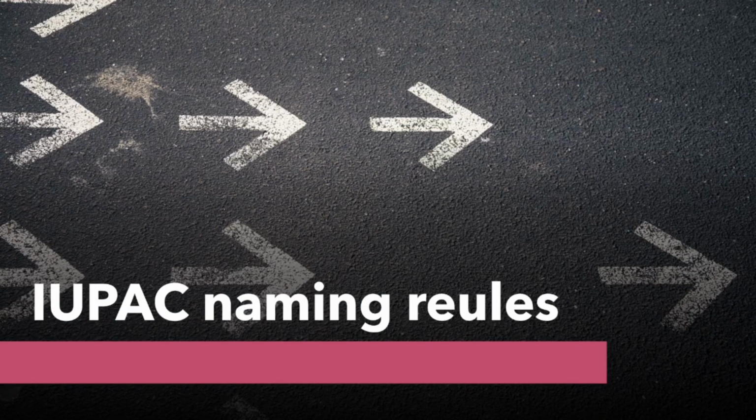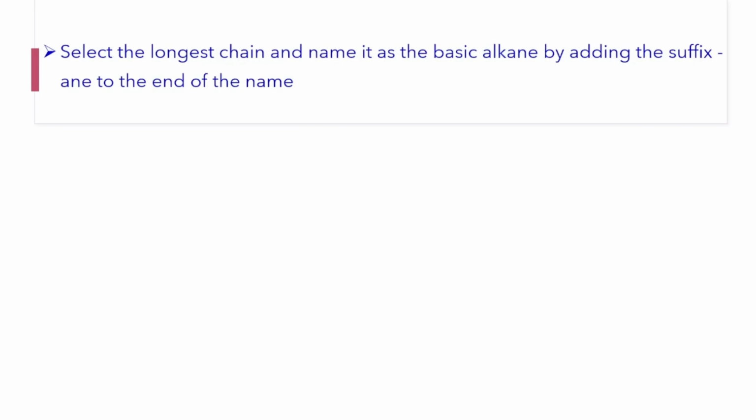Let's see what the IUPAC naming rules are. First, if you are going to name an alkane or a hydrocarbon in general, please select the longest chain and name it as the basic alkane by adding the suffix -ane. So the first step is to find the longest carbon chain. According to the number of carbons, we will give this longest chain the name